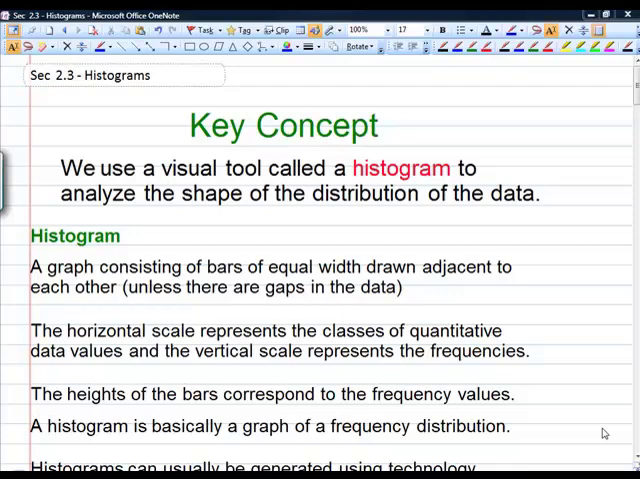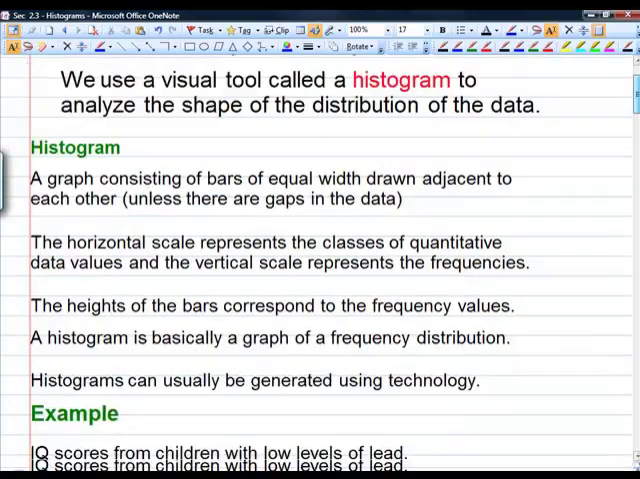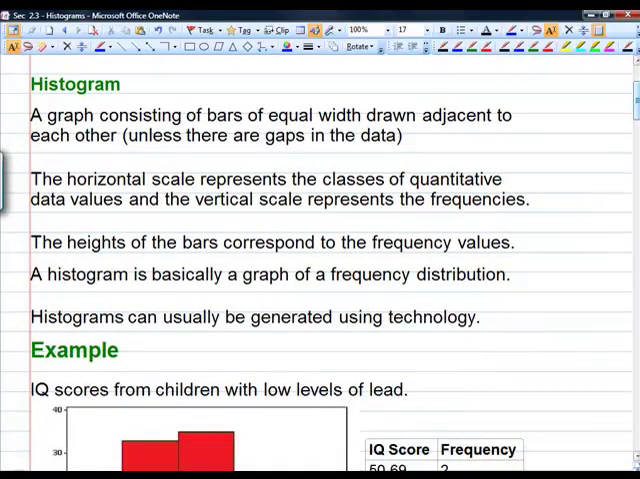In section 2.2, I'd already mentioned the word histogram, and that's what we're going to be looking at now in section 2.3. A histogram is a tool that we use, or a graphical representation of the data, to make it easier to see the shape of the data, the shape of the distribution. In a histogram, we have a graph consisting of bars of equal width drawn adjacent to each other unless there's